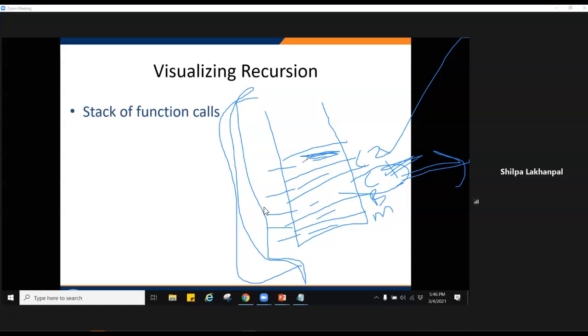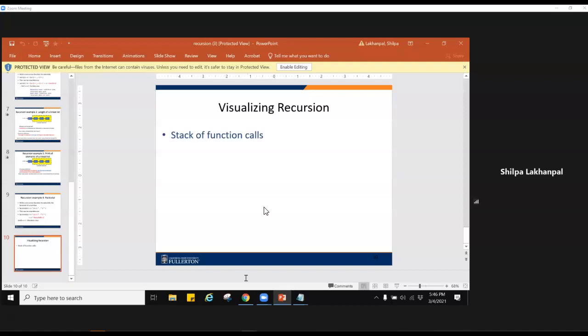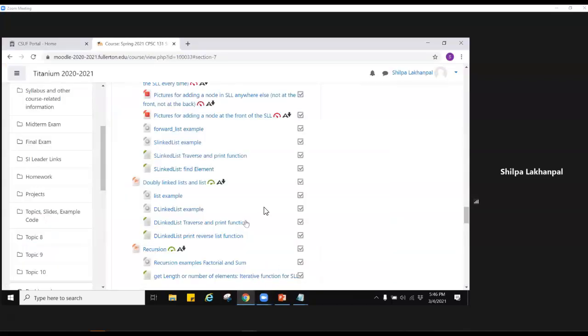And technically, when you're talking about recursion, behind the scenes, it's just a stack of function calls that looks exactly like this, that calculates the result of the recursion. So we will see that with the help of an example. On the Titanium, you have a code that has been posted, which is recursion examples for factorial and sum. If you click that,